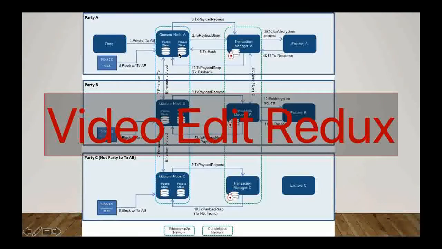In step 7, the transaction is propagated to the rest of the network using the standard Ethereum peer-to-peer protocol. Then go to step 8, in which the block containing transactions A and B is created and distributed by each party on the network. Okay, and then when a party wants to create a new block with the transaction in it,